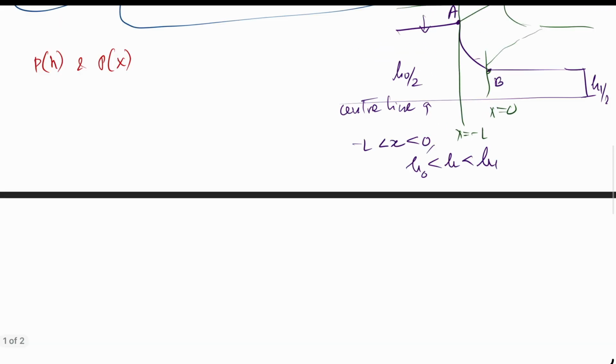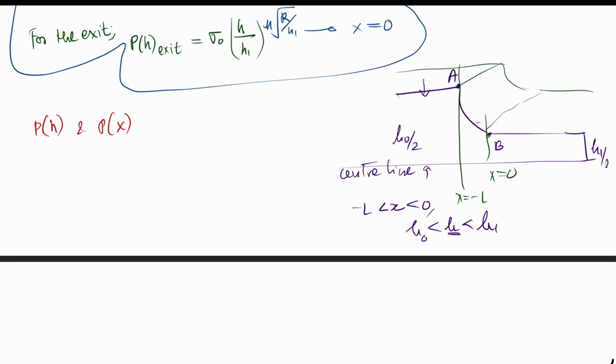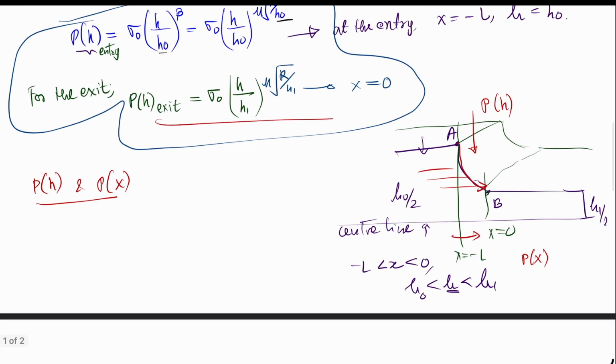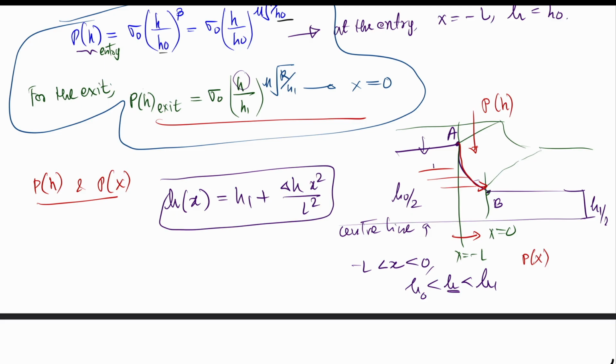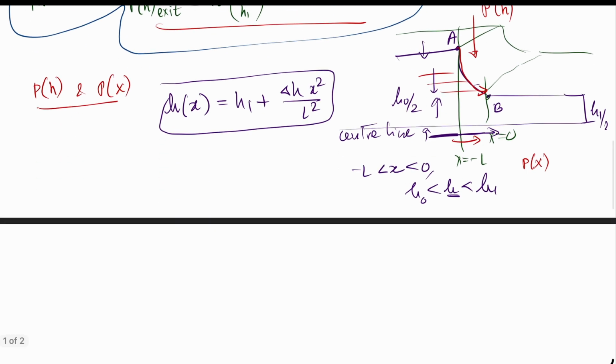So if this is the center line, then the pressure that you have depends on the thickness. It varies with respect to thickness as well as across x. So it is also a function of x. How do you translate this into p of x? Well, we know that this is a free variable, right? So in the class we said h of x satisfies h1 plus delta h x squared upon L squared. So this is the variation of height with respect to the x coordinate that we are trying to fix, and we have validated this, right,